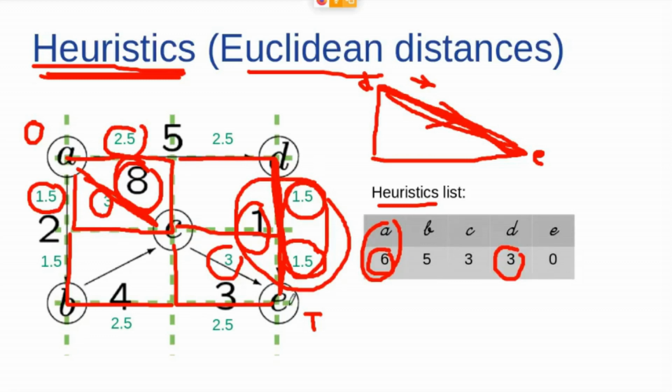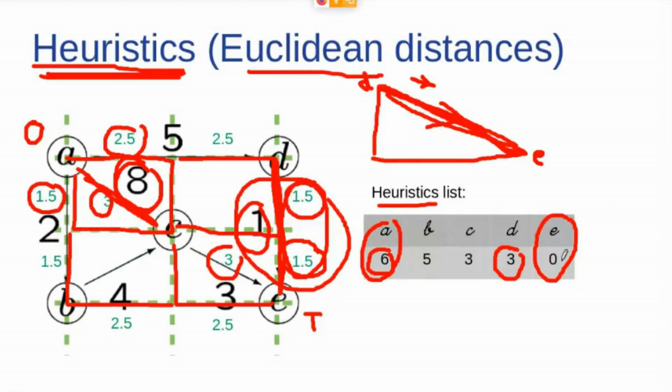And this consideration should be smaller than the real cost of going from the actual node to the target, right? This way, the methodology that we're going to use in the near future will be optimal, right? That's the main idea. And as you can see here, the heuristics of the target is obviously 0,